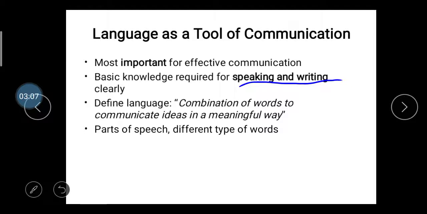Then after, parts of speech. Language is one type of part of speech, meaning which types of words you use when you communicate with your receiver. Then different types of words. Take the example, when you communicate as an employee with your employer, at that time you use salutations like respected sir, respected madam. It's one type of word use.